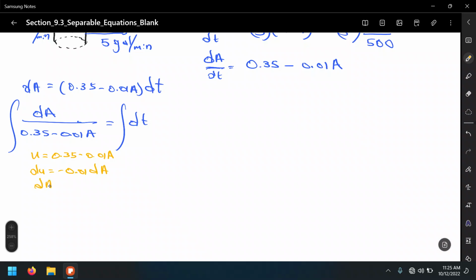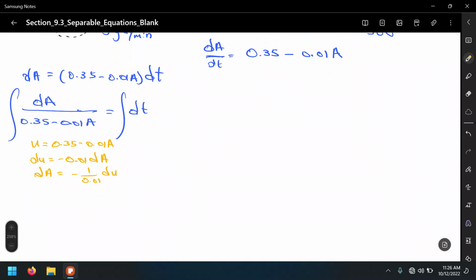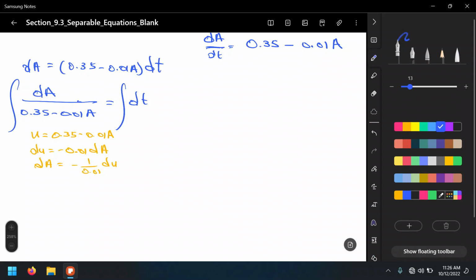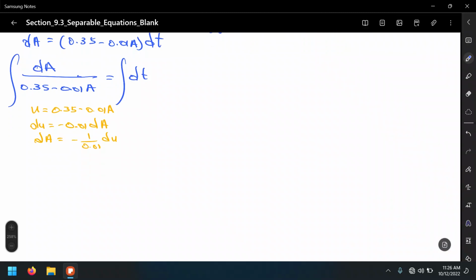That means dA equals negative 1 over 0.01 du. So let's go about the substitution. That's the integral of negative 1 over 0.01 du over u, and the integral of dt is simply t